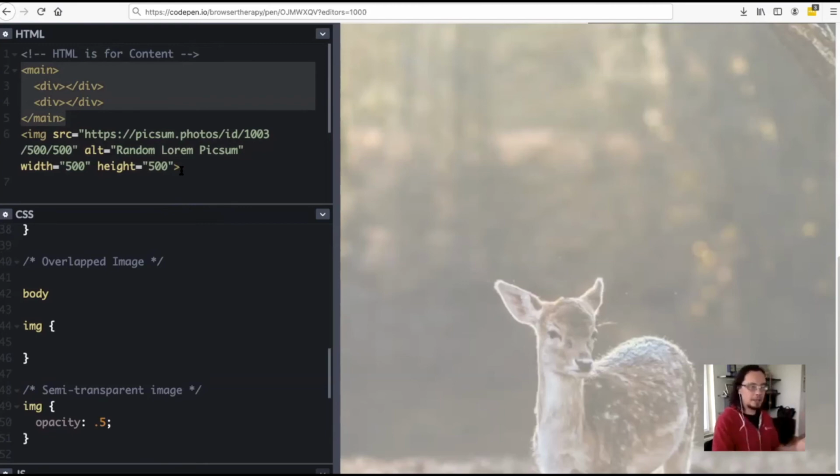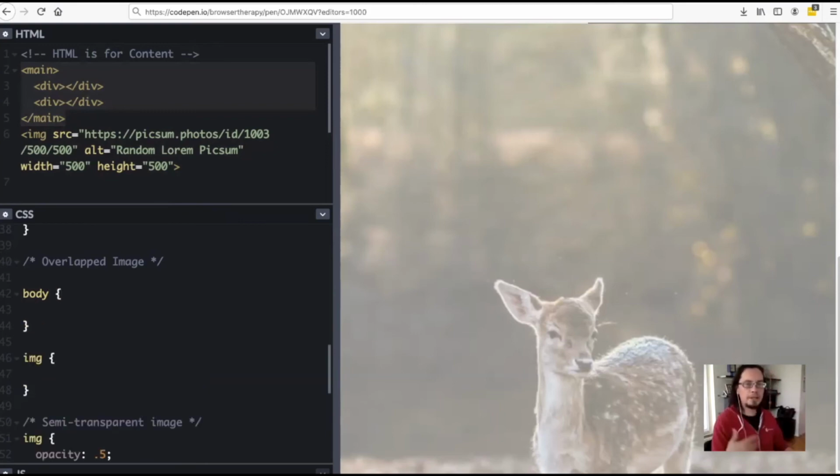So when we set up grid, we're going to set up a template. And that's where we tell it how many rows and how many columns we're going to use. And we're going to make the simplest grid that we possibly can. It's going to be one column and one row. So it's just going to be one cell. And to do that,